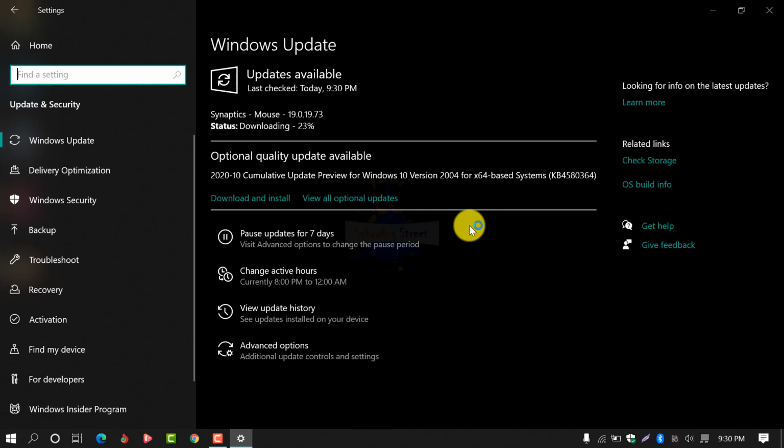You can see the status downloading and it's 25% done. You have to wait so that Windows can download and install the drivers fully. After downloading, you may need to restart your computer to apply these changes. Let's see and wait.